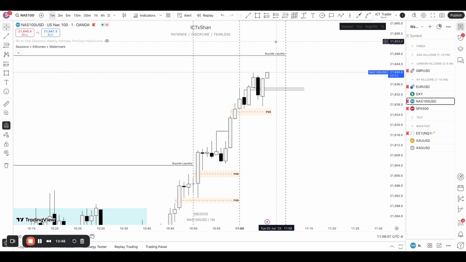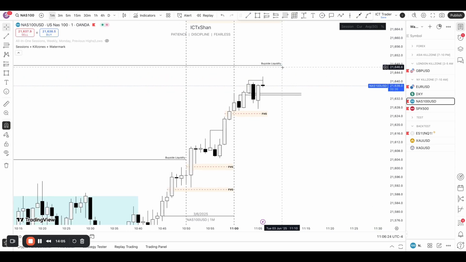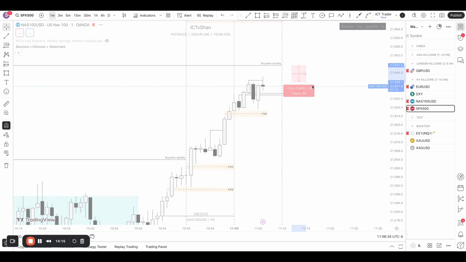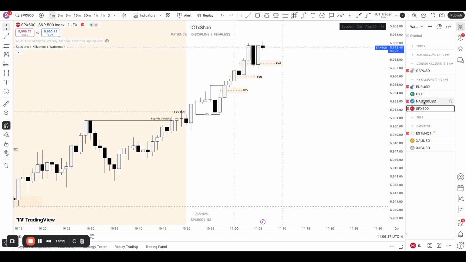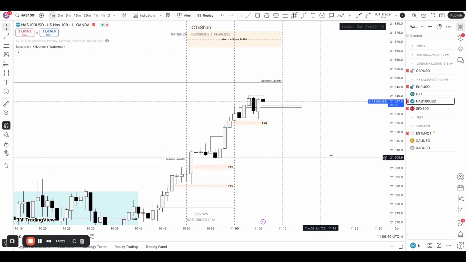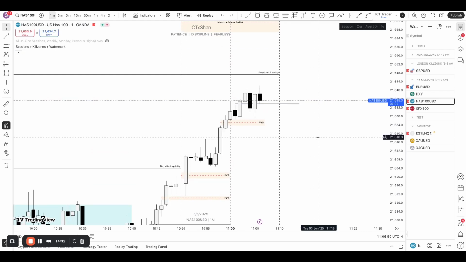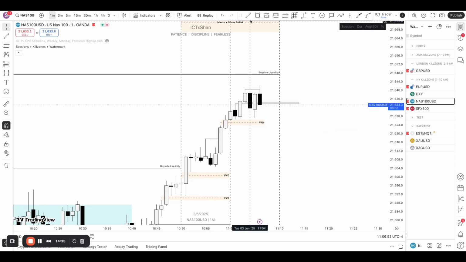Seems like the price wants to take this high, the buy side liquidity. So we'll see. Because if there's any buy side liquidity above closer to this area, then this is not that much. Even, you can see that it's just 7 pips. When it comes to ES, it's very little. So there are possibilities. You can take all the stops and then move in the right direction. If the price closes below this, then we can look for